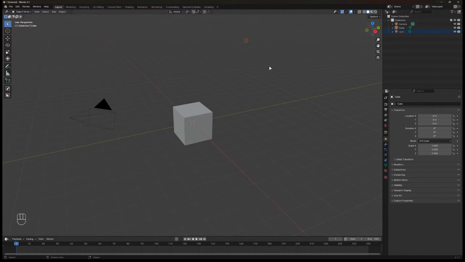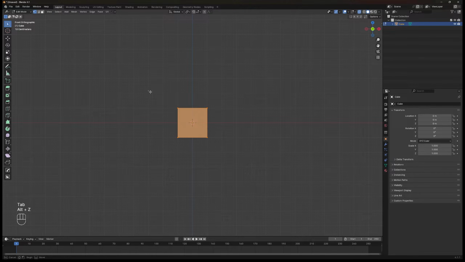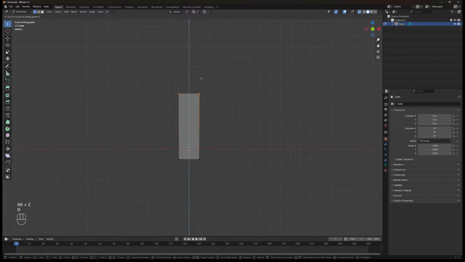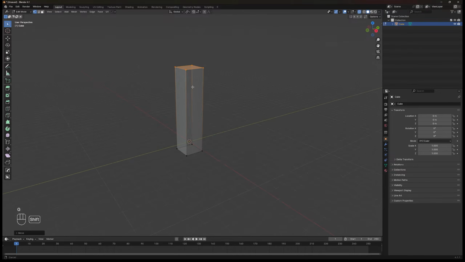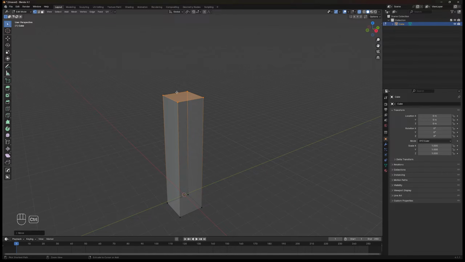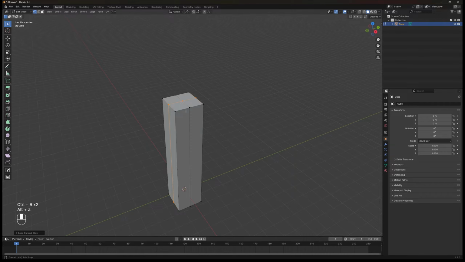First, delete all the objects except the cube. Select the cube and move to edit mode by pressing Tab. Hold left click and select the top vertices, then drag them with G to the top, not too tall, just around here. Hit Ctrl plus R to add a loop cut and place a single loop cut in the middle